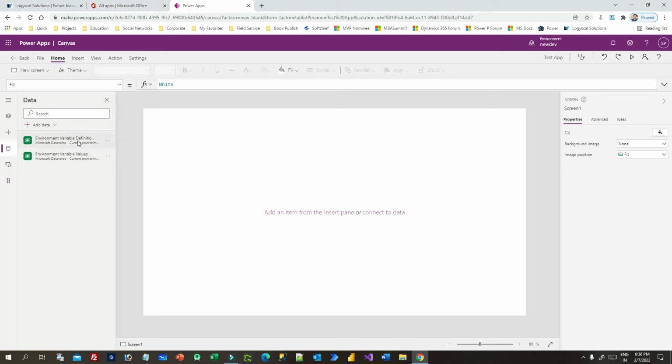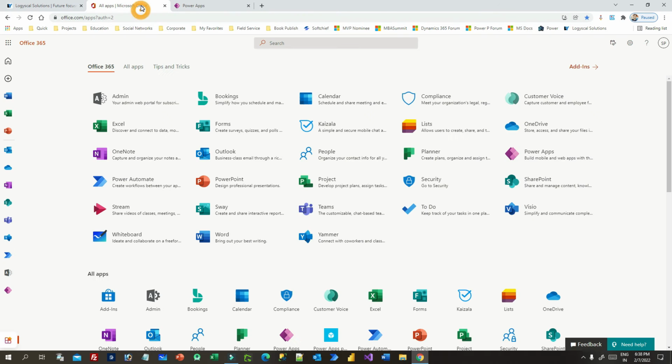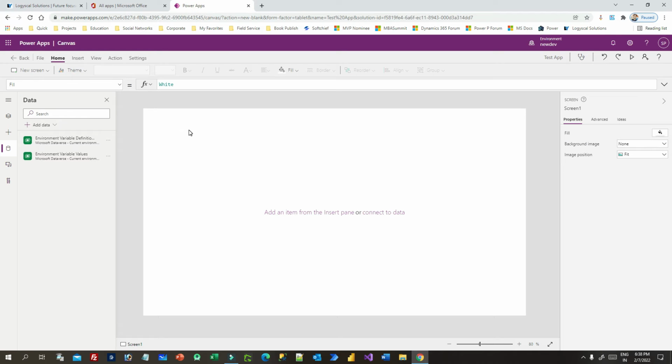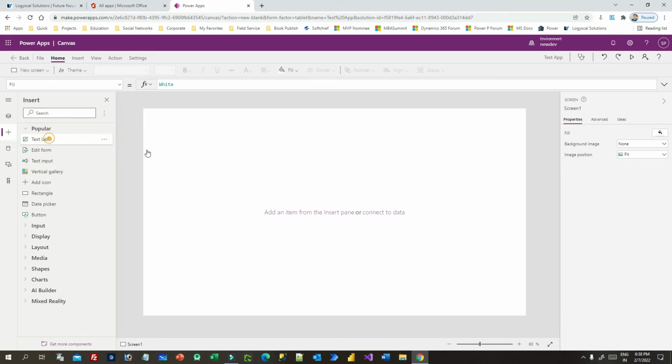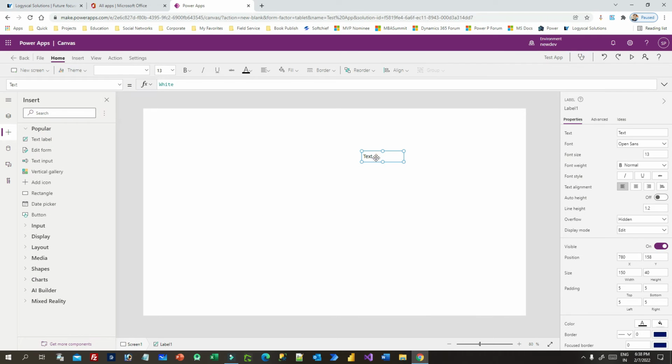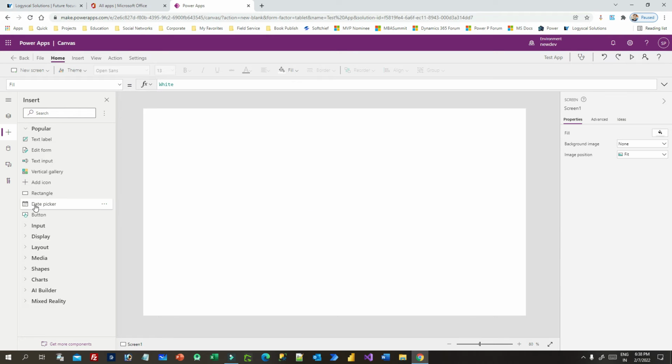Now it will give you two options, and two data tables are added here, two tables, right? These are the configuration tables which store the configuration items or the environment variables. Now I want to read the environment variable which I have created into a label, for example. So I will take a label here, and in this label I'll just change the text as blank for now, and I'll take a button here